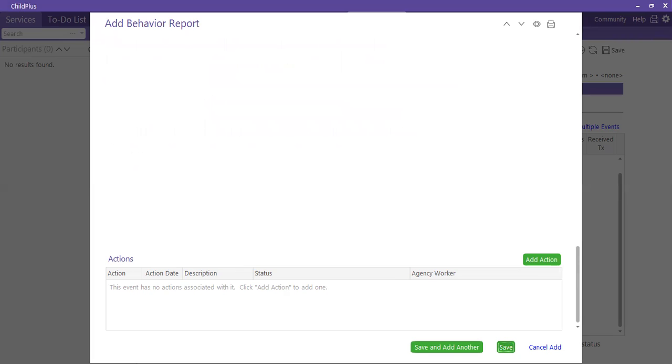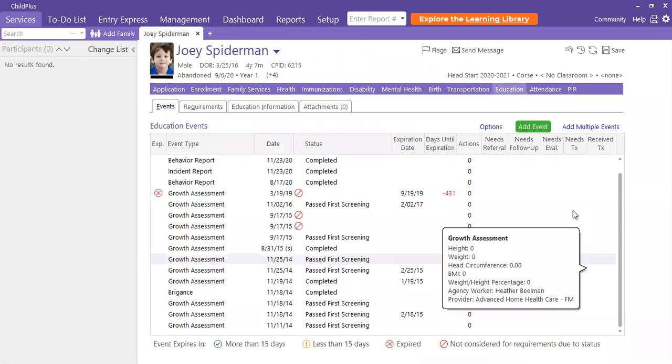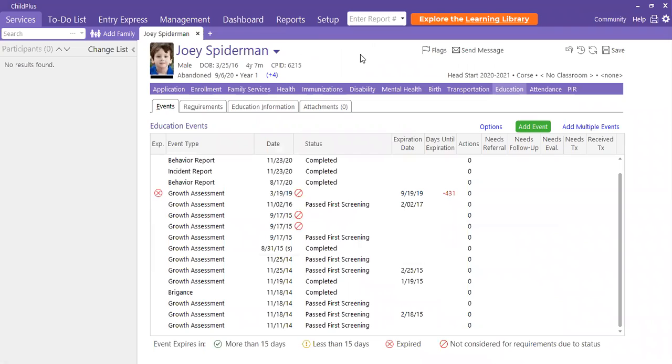Go ahead and save. If you have another one you need to add, maybe you had a really rough day, you can add another one. So it brings you back here. Okay, so it's listed, but